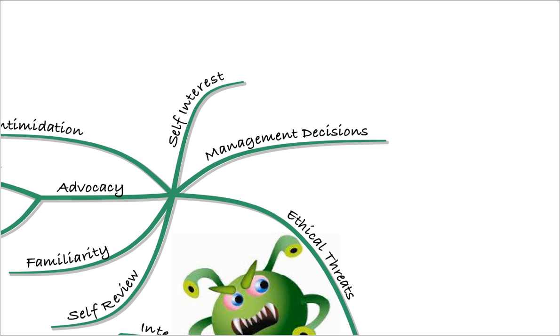So make sure that you as the auditor are not making any management decisions, like for example, appointing the financial director. Maybe the business said they need some expertise to help appoint them. Well, you can't really do that because you need then to review their work. So you need to learn those ethical threats: self-review, familiarity, advocacy, intimidation, self-interest, and making management decisions. All of those are ethical threats.